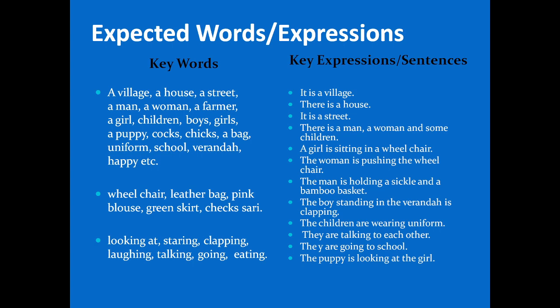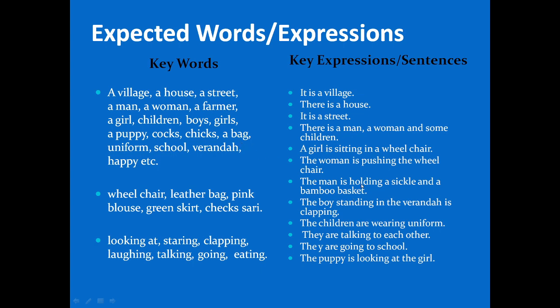If you observe the words here, the words are categorized into three parts. The first set of words are naming words, or we call them nouns. While eliciting the nouns, please see that the article is also used properly. The second set of words are describing words, and the third set of words are action words. All these words you can also see in the sentences here.